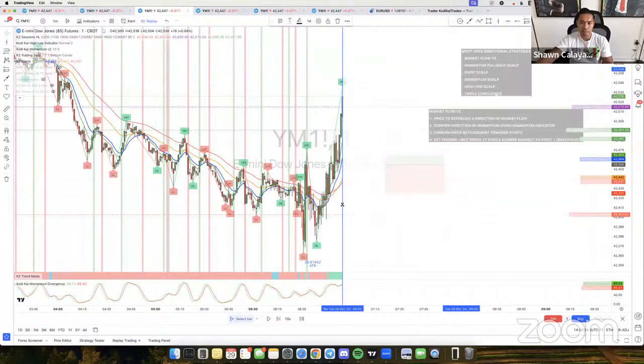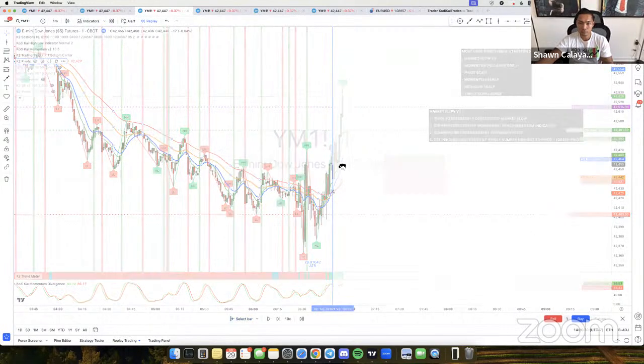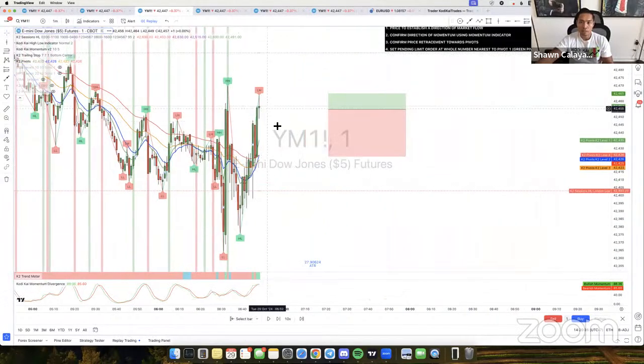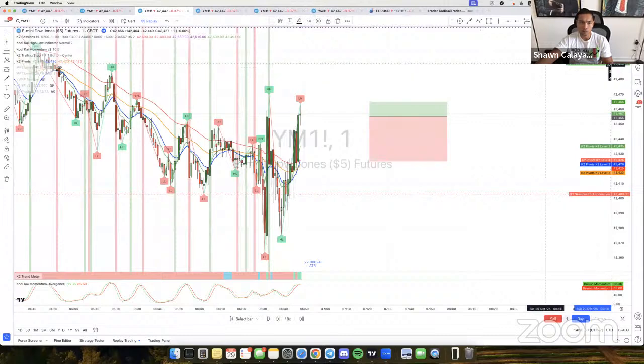We'll go back to the same example here for the market flow V2, but now it'll be considered a momentum pullback scalp. So looking at this right here, we got price pushing up. Let me go over here real quick and I'll just put the criteria for a momentum pullback scalp. It's pretty much going to look exactly the same. It's just the entry points are going to be a lot closer versus waiting for price to really pull back to the pivot. So momentum pullback scalp